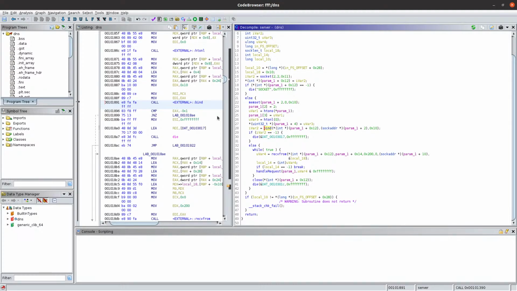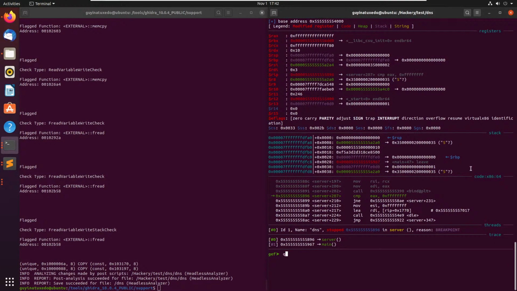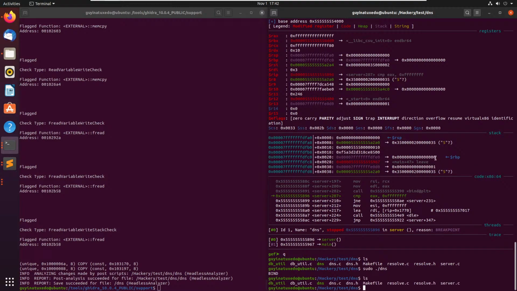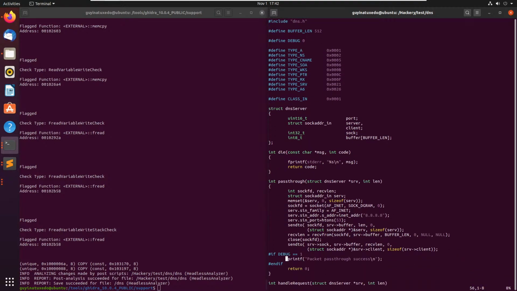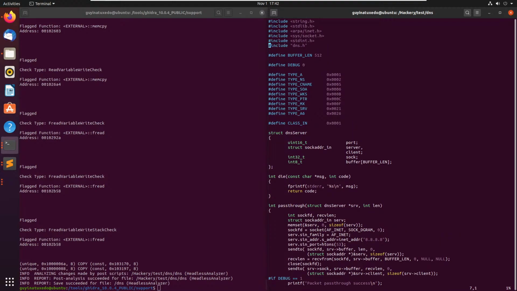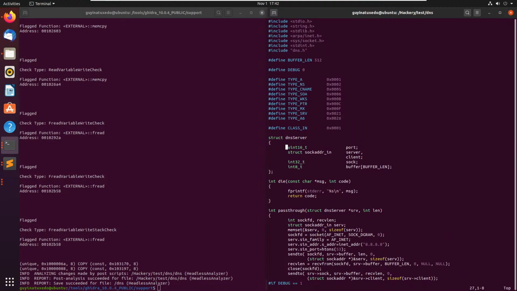Could be probably one of two issues. Either it just doesn't have permission to, which should be solved if I run it like that. Nope. Or something else is trying to get at the port. It is server.c. What is the port? Should be in the source code here. htons 53. I'm gonna change it to